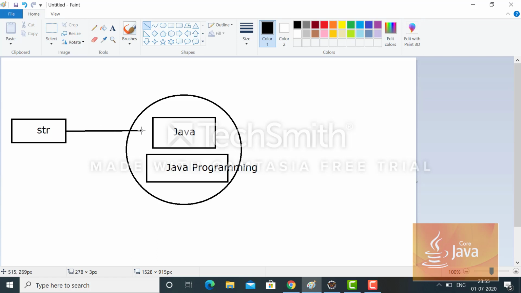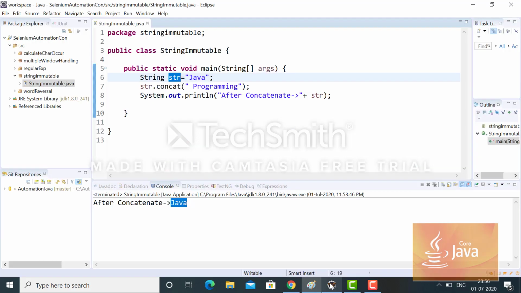Now we tried to modify this object, but it didn't happen. Rather, it created a different object, but my reference variable is still pointing to the earlier one. That's why it printed Java, and that's why it is called immutable. String is immutable.